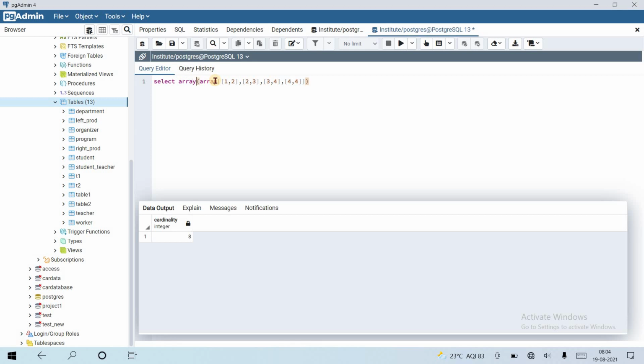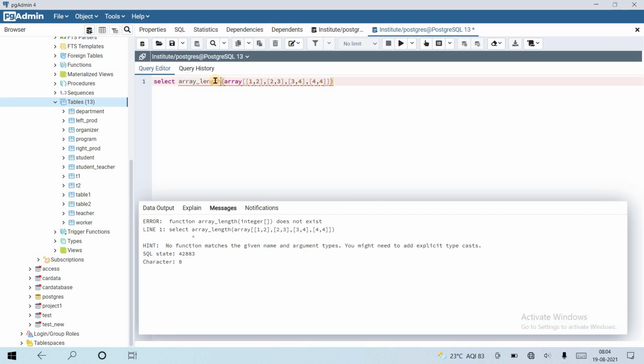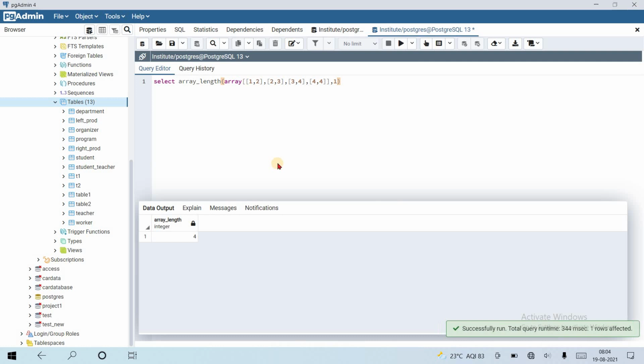Okay, array length also is similar, but does array length support this? Let's see. Yeah, it will return for a multidimensional array too. So one more example is cardinality. If I run this, then it will give me an 8.